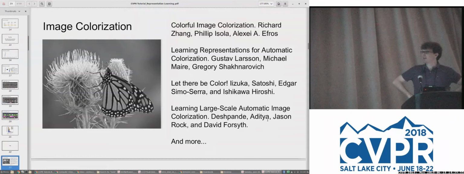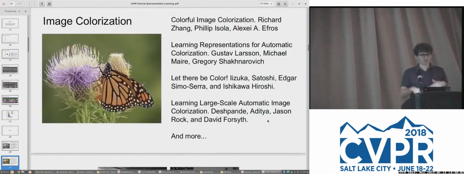The basic idea is to train a model that takes in a grayscale image and tries to predict the colors from it. This seems like a really cool idea because ever since the color camera was invented, basically every photo you can get has color in it, so this is a free source of supervision for training